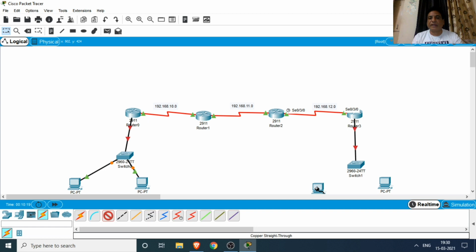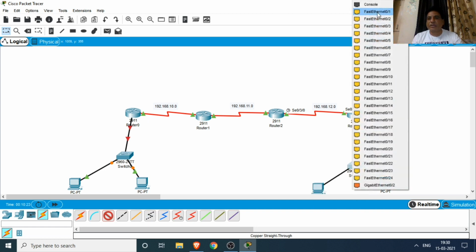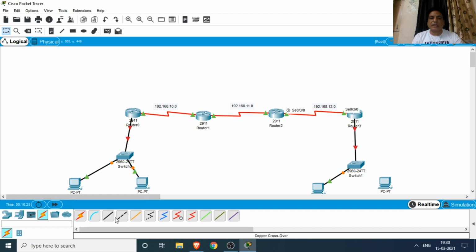Then we connect the PC with the first Ethernet port. Next, we connect the next PC with the second port of the switch. So I think we have interconnected each and every PC.